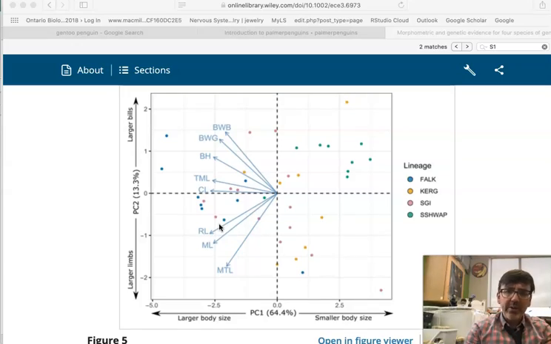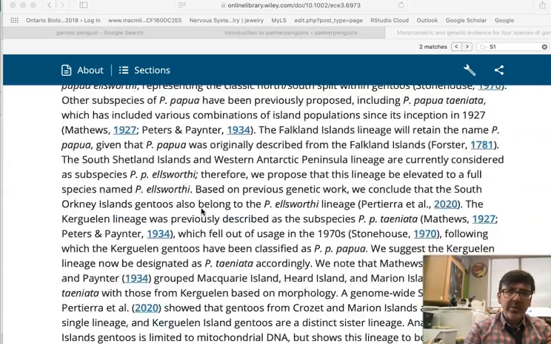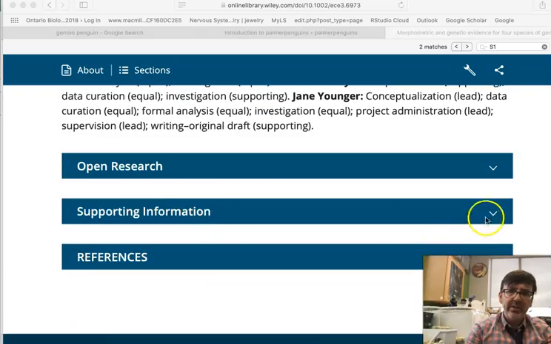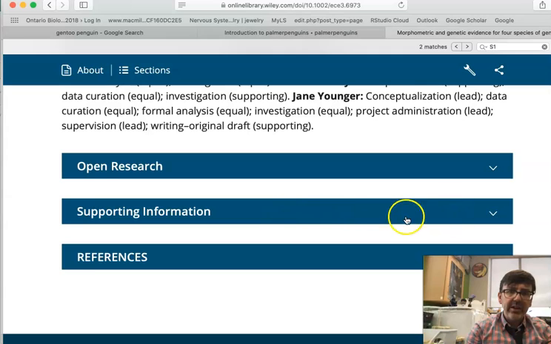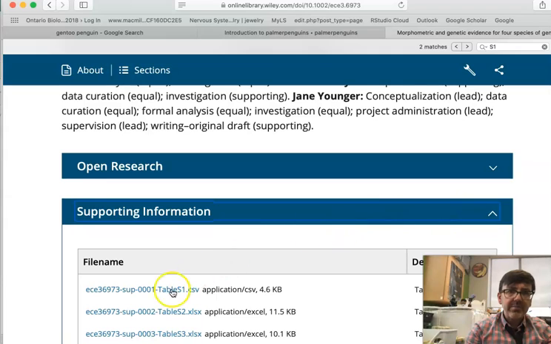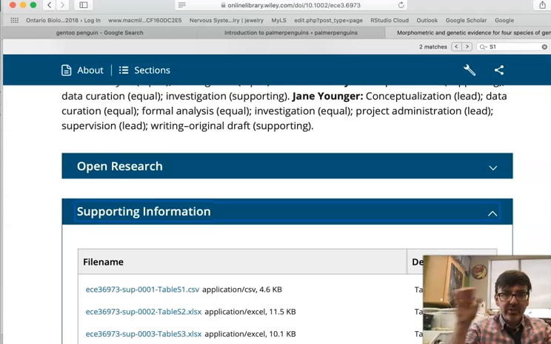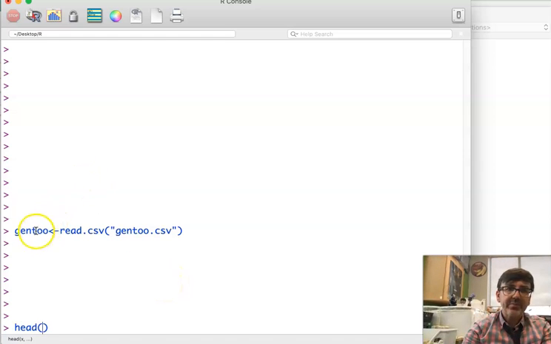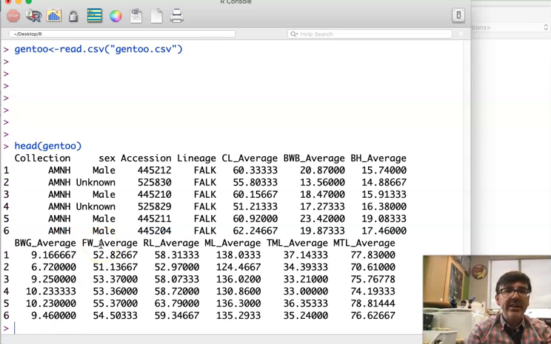Now, what we're going to talk about is the principal component aspect to it. And what's really cool is you can actually go to this paper, and under the supporting information, you could actually download the file. And I've already gone ahead and done so. It'll be associated with this video called Gen 2, and then we can load that data into our R, and we can see that here is the